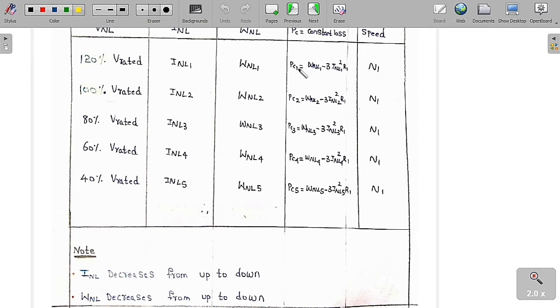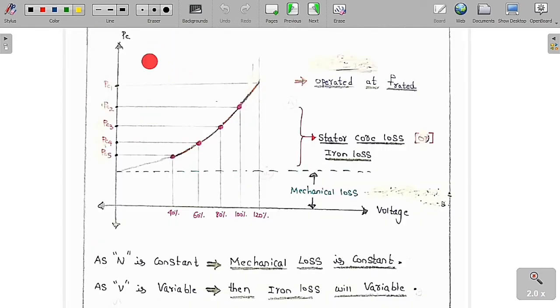And now we will draw the graph between the constant losses and the voltage. So this is for 120%, 100%, 80%, 60% and 40%. As you go in this direction, as you decrease the voltage,